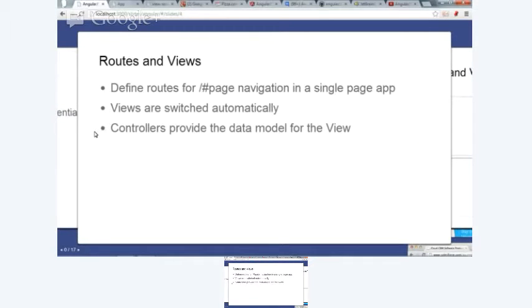Angular has a very simple but great way of routing local requests. You can see an example here. This slide shows an Angular app, and everything after the hash is a route to a particular view.